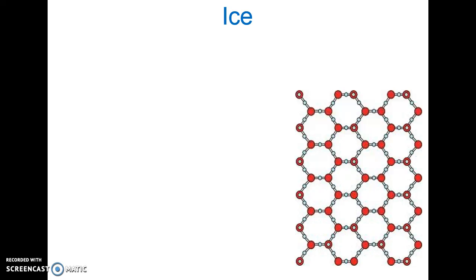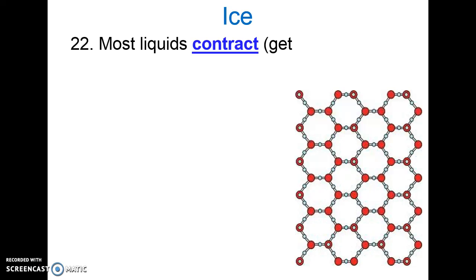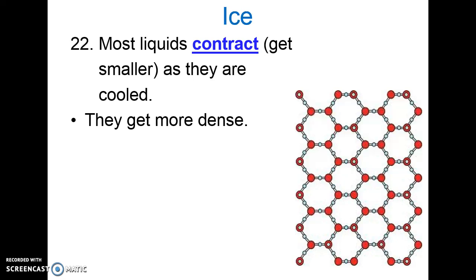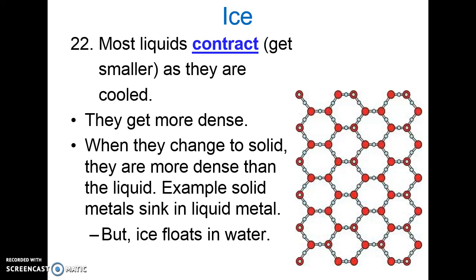All right, ice. What happens when water freezes? Okay, so most liquids contract or get smaller as they are cooled down. And they also get more dense. When they change to solid, they are more dense than the liquid state. So for an example, solid metal,